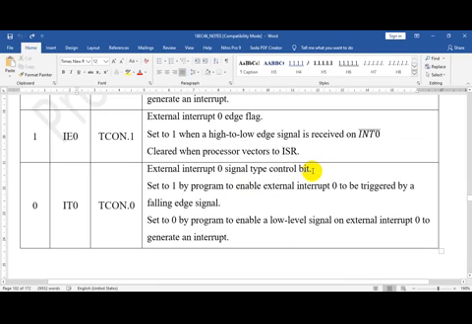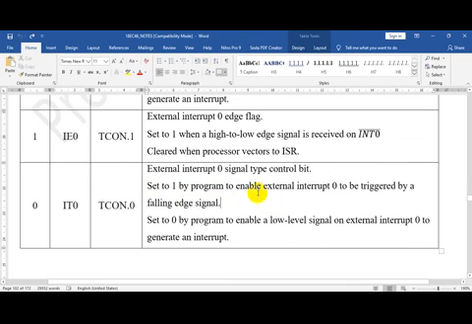What does it mean? It is set to 1 by the program, that is by you, to enable external interrupt 0 to be triggered by a falling edge signal. In the sense, if you want the event to be detected by the falling edge, then you have to configure this bit as 1.